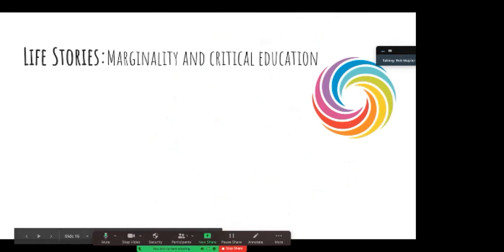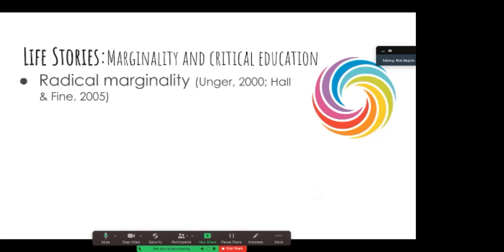So what were the big findings? The findings were in their life story. The crucial aspects of their coming to an anti-racist feminist consciousness and activism were marginality and critical education. Radical marginality was already in the literature. And what this means is that if one is marginalized, and